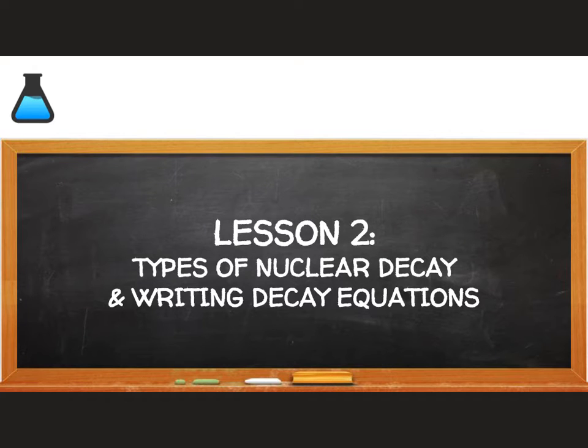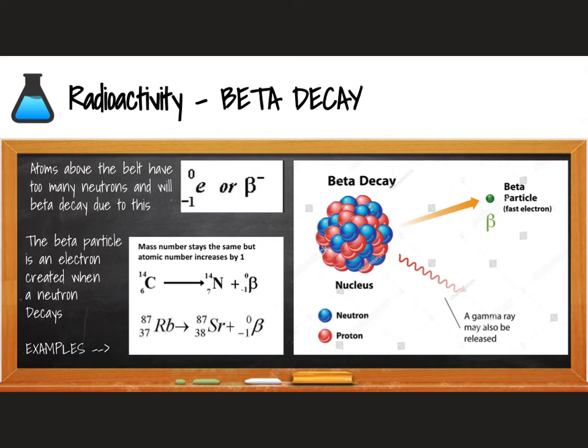So today we're going to talk about types of nuclear decay equations and how to write nuclear decay equations. You are going to need your reference tables. We are going to be using tables O and N. The first type of decay that we're going to talk about is beta decay. You can find the particle symbol on this note page, but you can also find it on reference table O. And you can find on table N the different nuclides that undergo beta decay